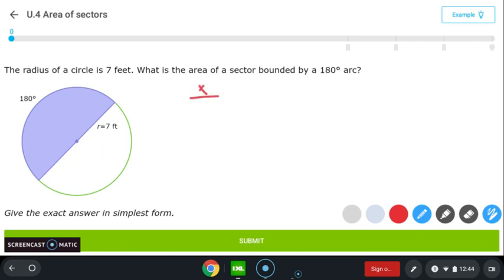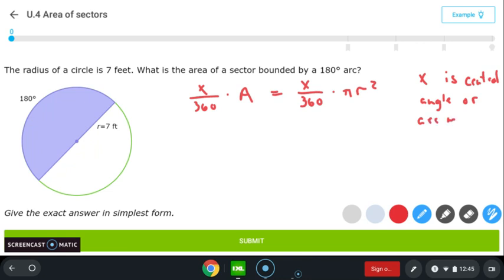You can write it as x over 360 times A, where A is the area of the circle, or a little more practically, x over 360, and actually write out that area of the circle as pi r squared. And in this case, x is the central angle, or the angle of the arc. Whichever one they happen to give you. Hopefully you can use my words to help decipher what all this says, but it's the central angle or